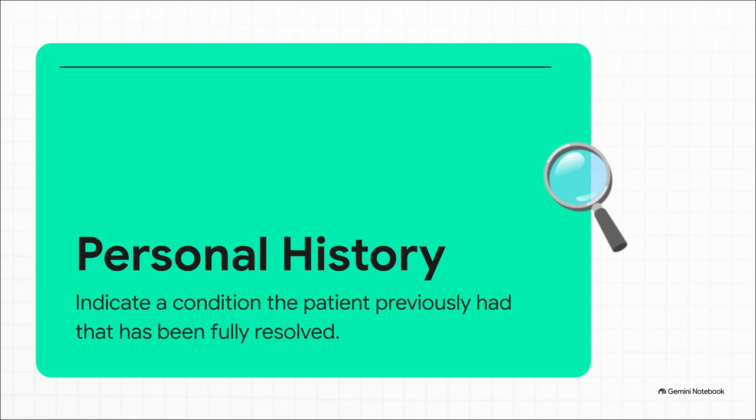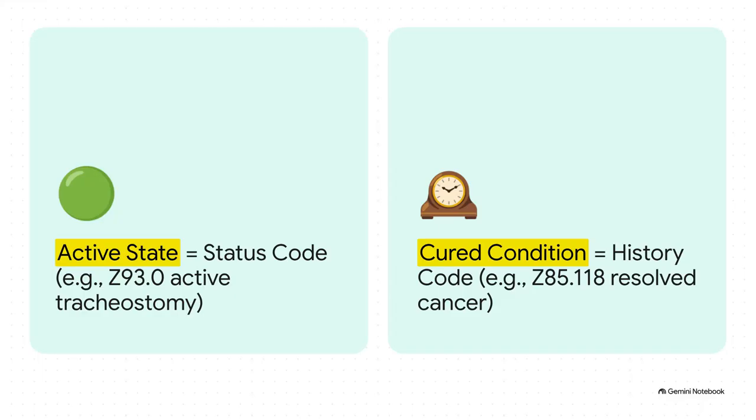History codes indicate a condition the patient previously had but has been completely eradicated or fully resolved and no longer exists. The patient isn't getting treatment for it right now, but it still holds a lot of clinical significance for their future care. A classic example would be Z85.3 for a personal history of a malignant neoplasm of the breast. The huge takeaway here, and the reason this turns into a massive compliance issue, is that